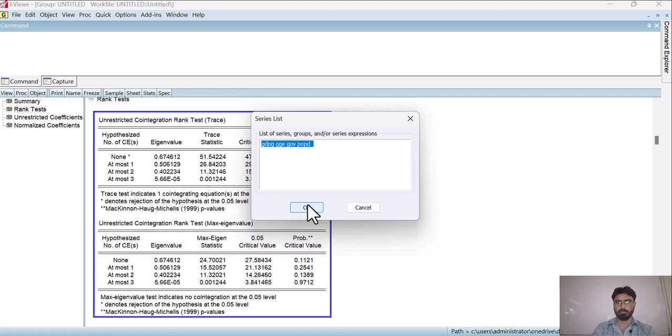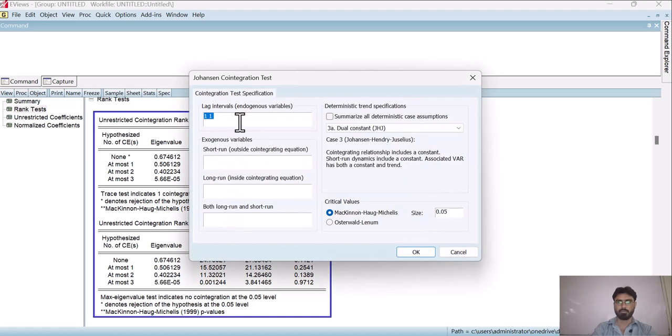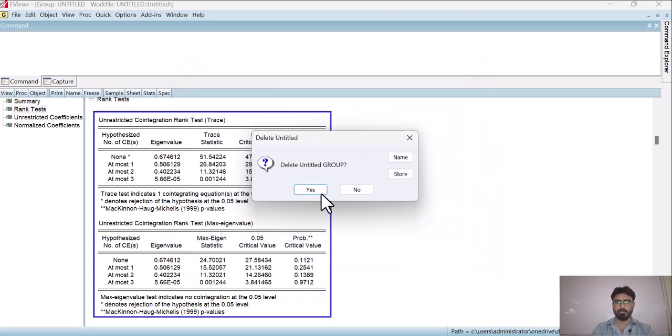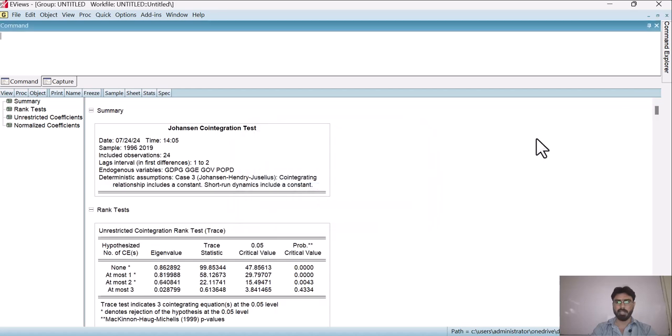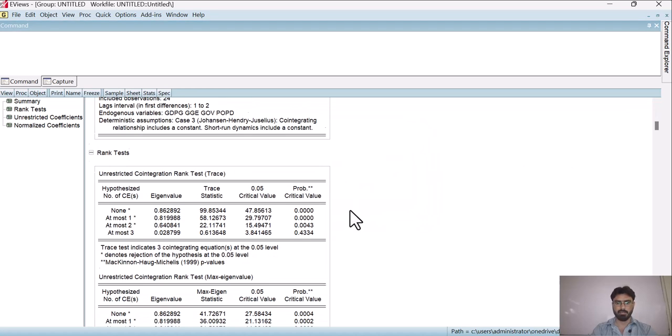I am going with the same option and going to click OK. Now here we have to enter this. I am going with 2 lags, and we will see what the effect will be on our max eigen and trace test results. When we change lag from 1 to 2, these are the results.